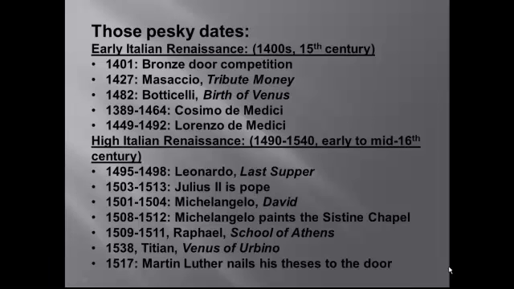Well, there isn't much about this unit that I would call easy, but the dates really are easier. They're also important. Basically, in Italy, the Proto-Renaissance period, that was last unit, is the 14th century, and the most important painter from that is Giotto. The early Renaissance is the 15th century.